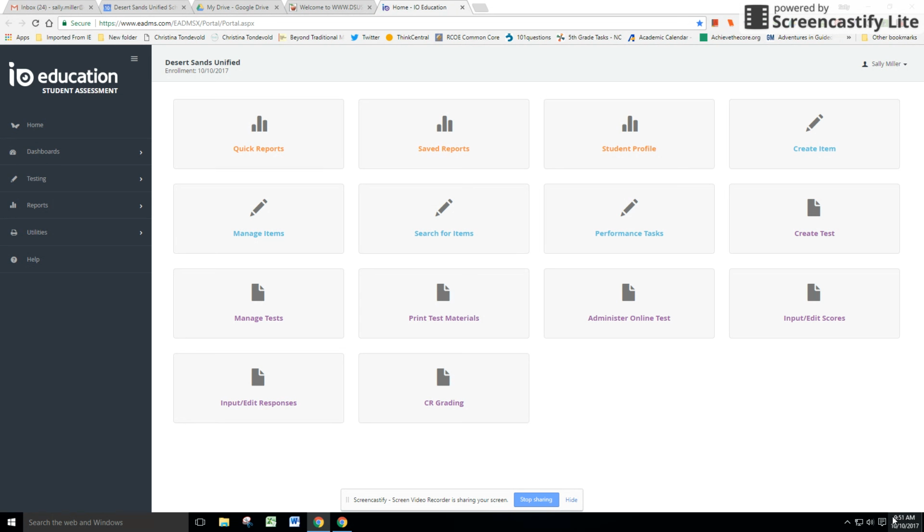a feature in EADMS that you may find very useful. You now have the ability to unsubmit a student's test. I'm going to walk you through the steps on how to do that and then talk about when that might